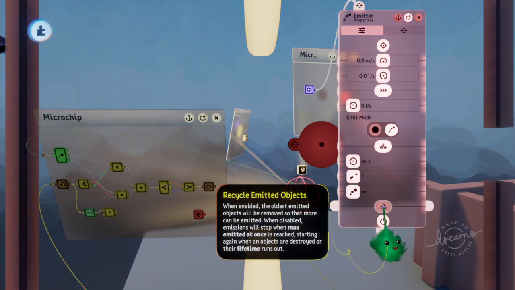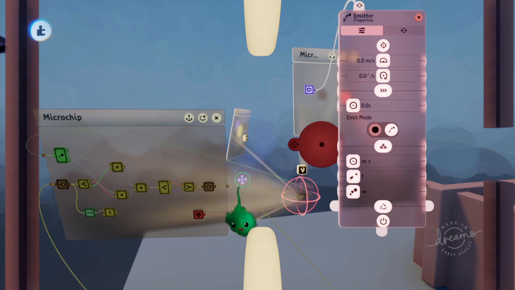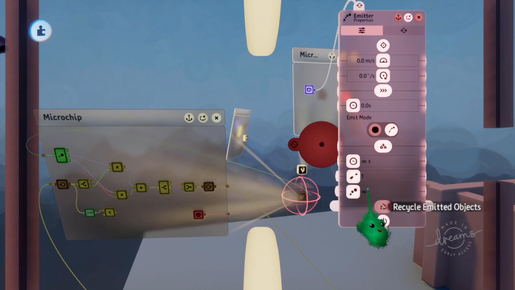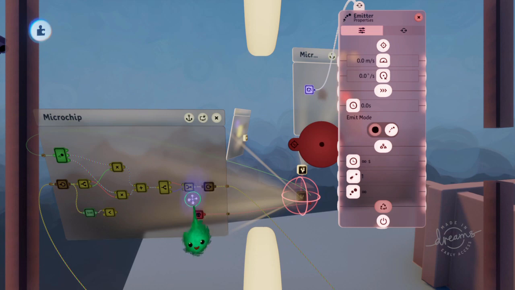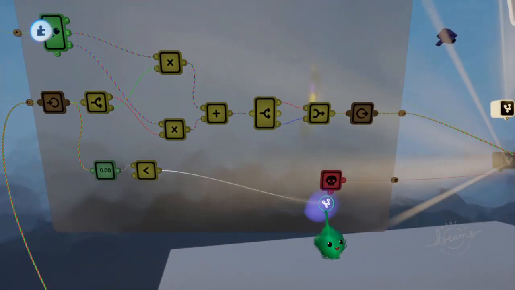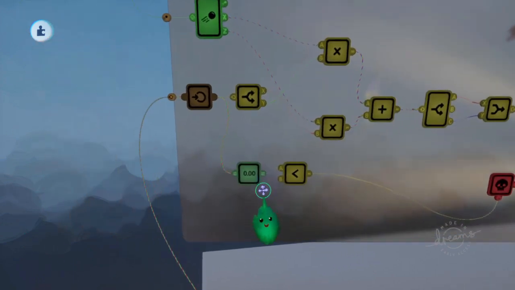If recycle is on, then if there's already one in the scene created by it, it will destroy that one and then make a new one. So if we just leave that off, then it won't actually make a new one until we destroy the old one ourselves. So then we'll activate this destroyer when the stick